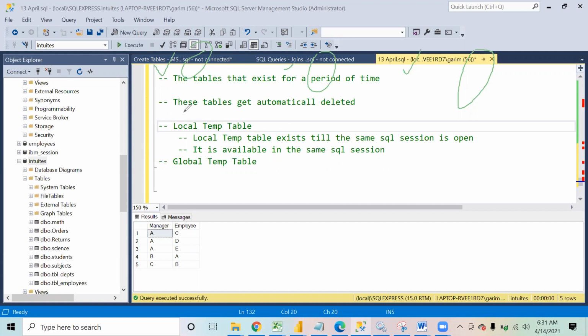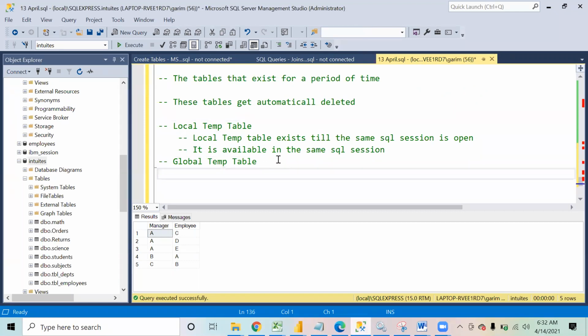If you create a local temporary table, that table will only be available in this session. And the moment you close this session, the table will be automatically deleted. The table will get dropped from the system. That is what we mean by a temporary table.